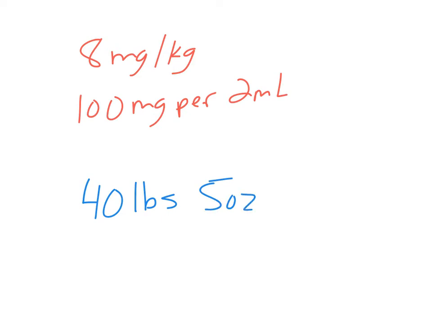Okay, 40 pounds, 5 ounces. Well, again, what I'm going to have to do is I understand that they're 40 point something pounds. That's a decimal there. I take that 5 and look at it as 5 out of 16. Remember, 5 out of 16, we had that example earlier, was 0.3125. And so 40.3125 divided by 2.2 is how I get that to kilograms. They weigh